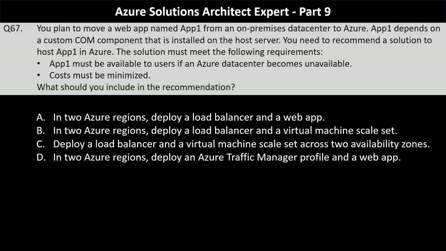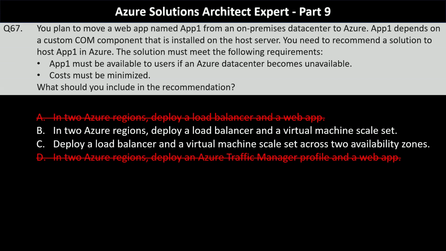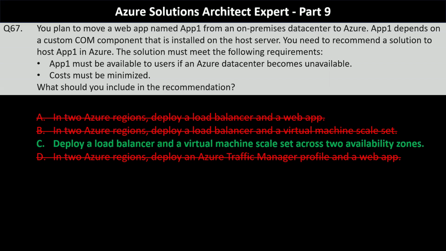Folks, web apps do not support COM components, so you can straight away rule out option A and option D. Both of the remaining options satisfy the first requirement of high availability in case of Azure data center failure, but we need to minimize the costs as well based on the second requirement. So we will eliminate option B here. Option C would be ideal as we are just looking for redundancy in case of data center failure and not